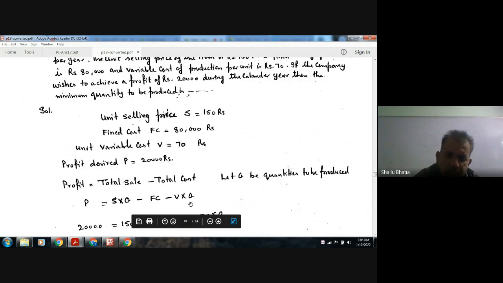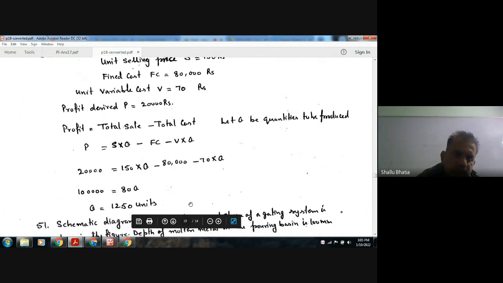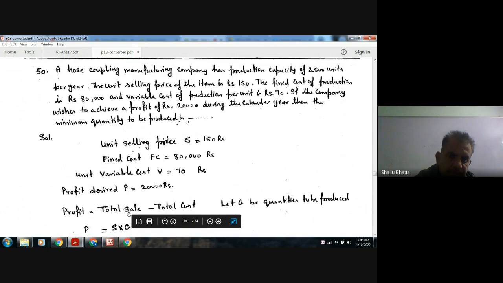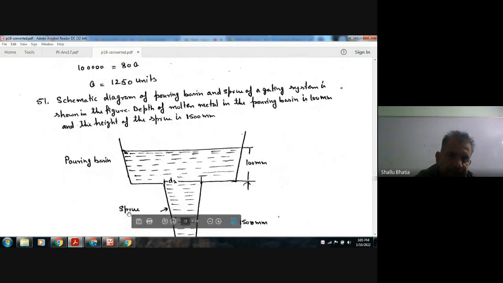Okay, and this Q is quantity. So for Q, putting P equal to 20,000 and S 150 and fixed cost as 80,000 and variable cost as 70 into Q. So Q is 1250. Okay. Next,